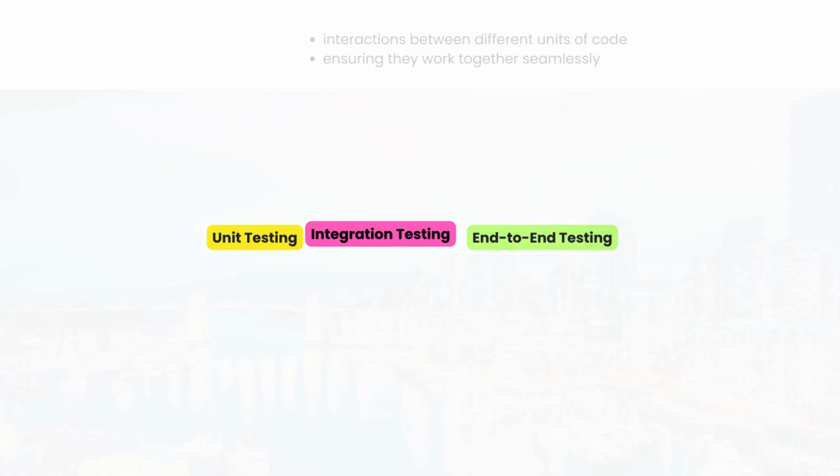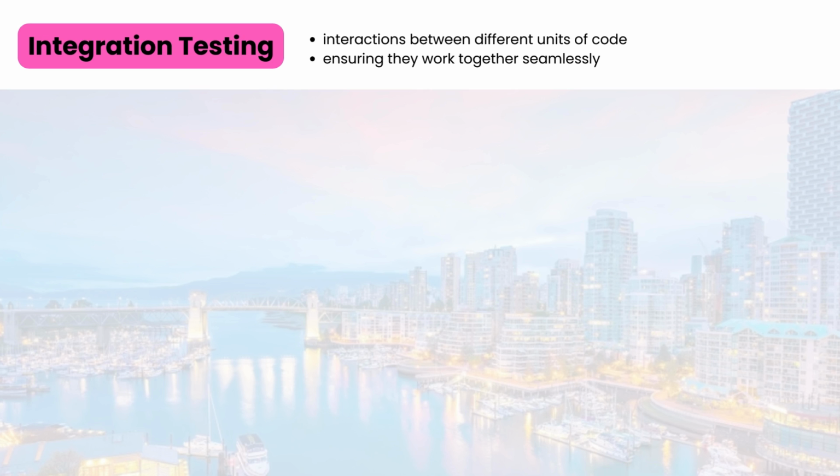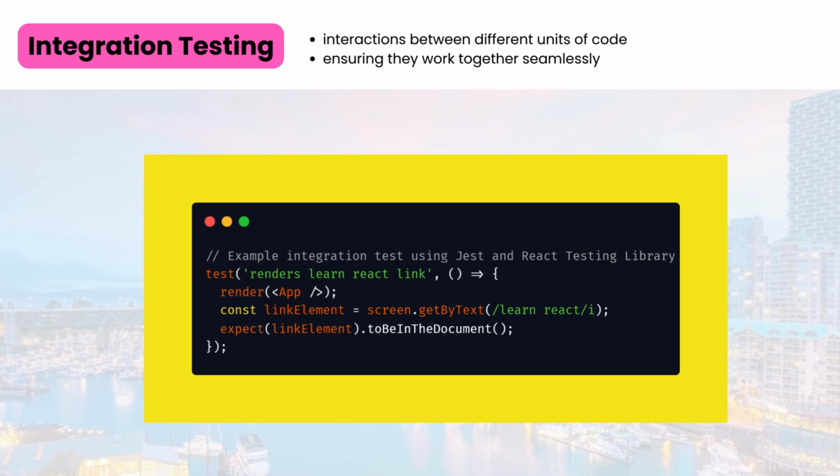Next up, integration testing. This type of testing focuses on interactions between different units of code, ensuring they work together seamlessly. JavaScript // Example integration test using Jest and React Testing Library: test('renders learn react link', () => { render(<App />); const linkElement = screen.getByText(/learn react/i); expect(linkElement).toBeInTheDocument(); });